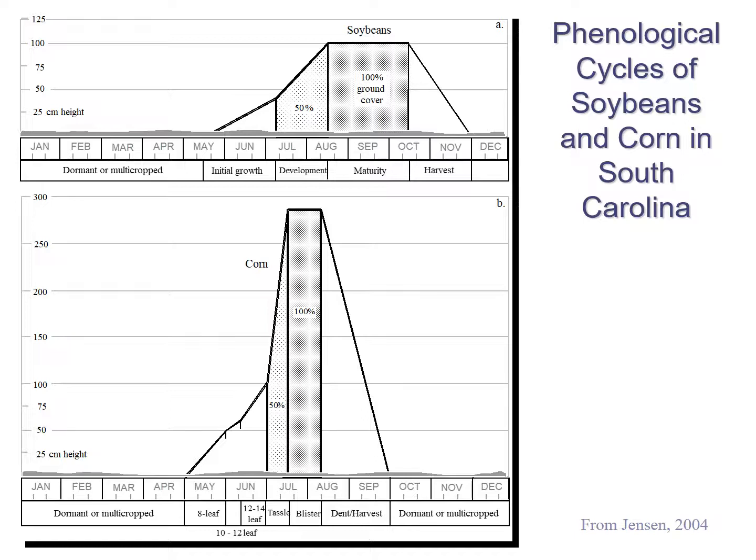And we look at when they were planted, how they develop, different stages in that, when they basically fill in the field, and then how they begin to lose their structure, or they begin to die off and basically become dormant as we approach, and then harvest or do whatever we're going to do